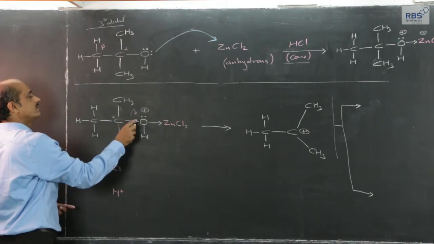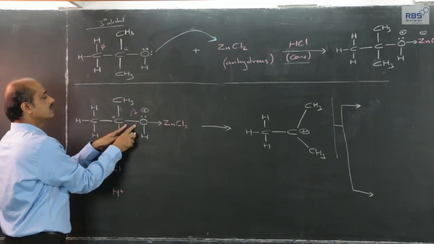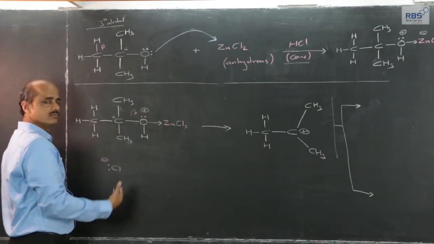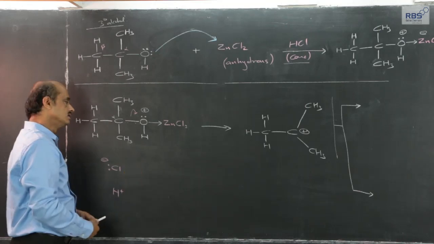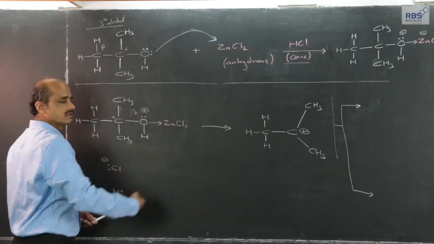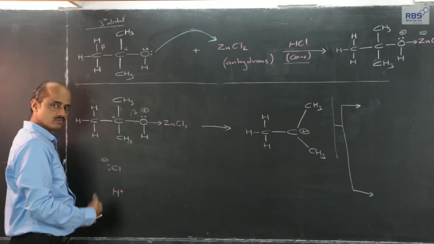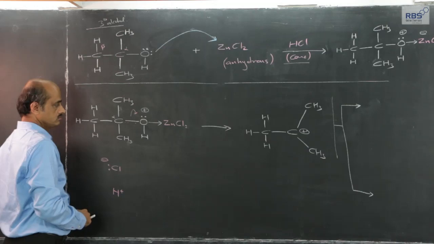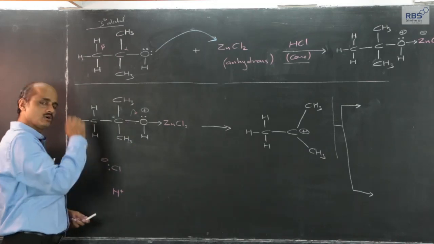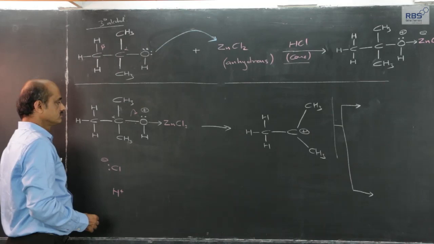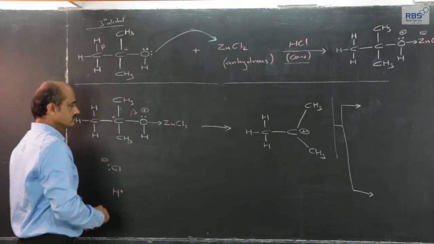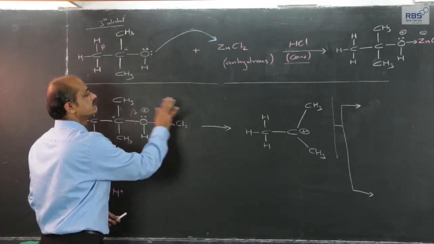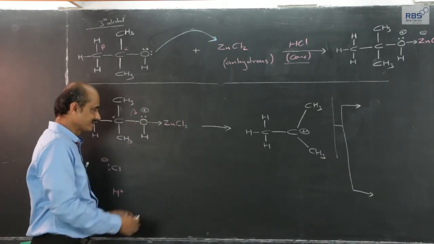Before that, the heterolytic breaking of this will take place. Here the heterolytic breaking is easy only because the positive charge developed on oxygen makes oxygen more electron deficient. Therefore, it will try to pull the shared pair with more vigor, more strength. Heterolytic breaking takes place here also, first, before the attack of Cl minus ions. Because of heterolytic breaking, the lone pair on oxygen will be formed, and what remains behind I have already written in the earlier two cases, so I will not write it.